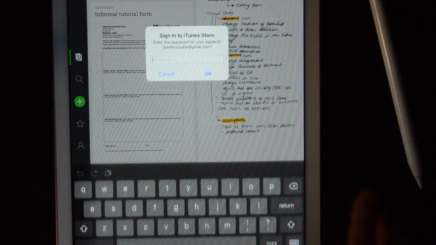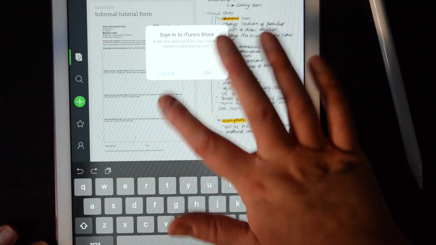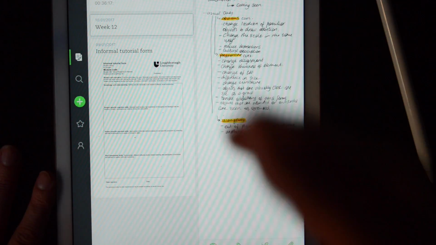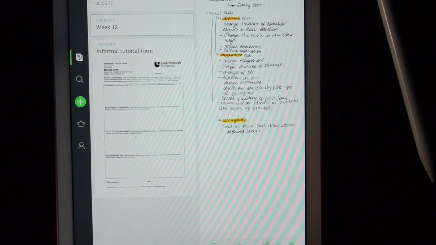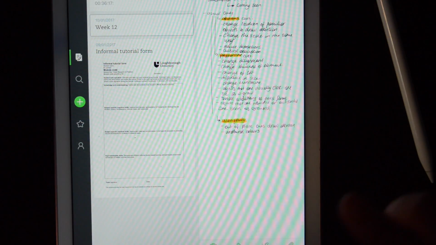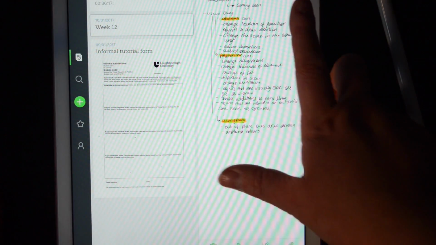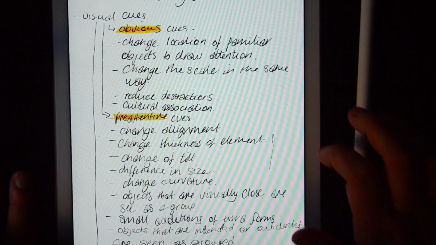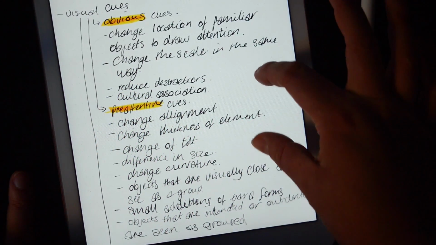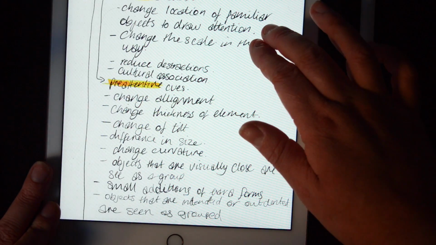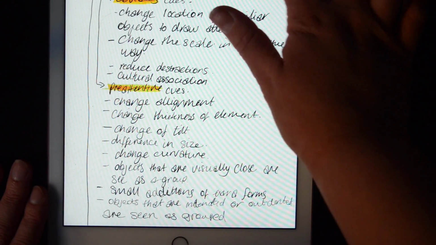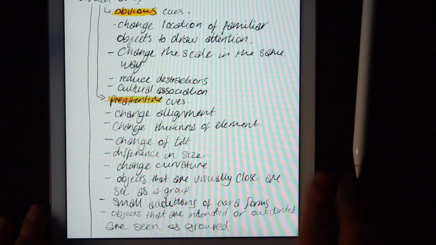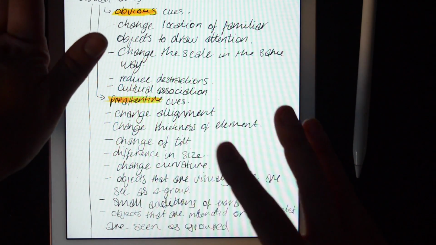So I have the Evernote app. This is not sponsored, but I have the Evernote app, which I think is absolutely fantastic for this kind of thing. It doesn't like to focus on screens very well. So the Evernote app I use to handwrite onto. You can see here a very specific set of lecture notes that were written during a lecture, and the reason that I do it like this is because obviously there are so many lectures